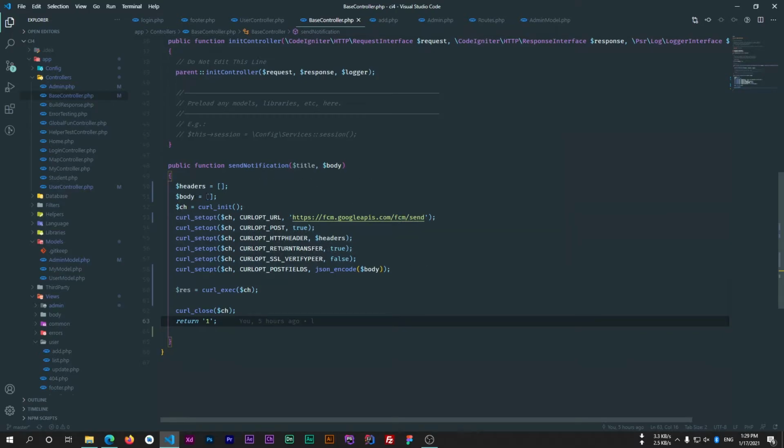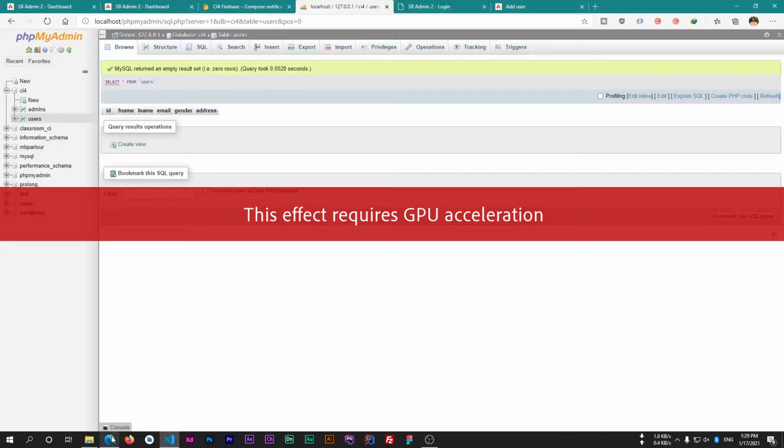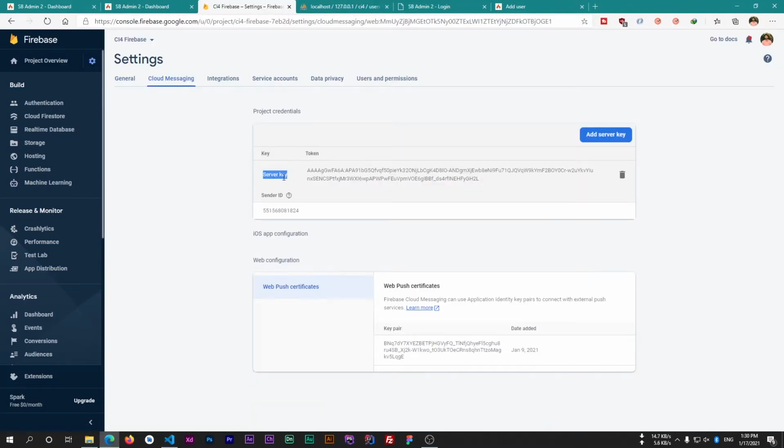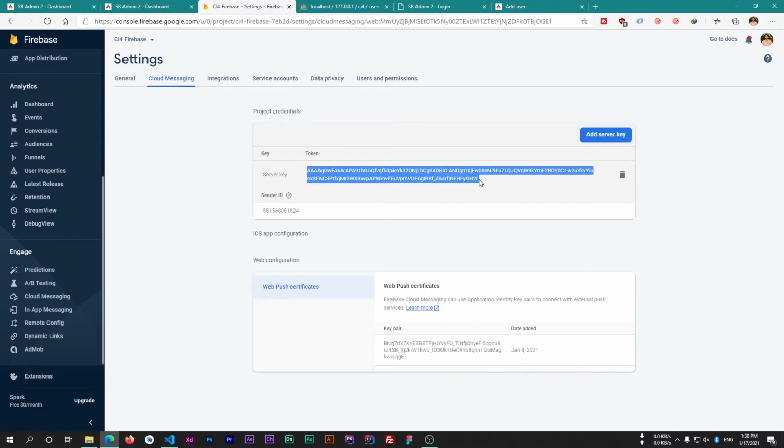So now let's see what is going inside this header and this body. According to Firebase messaging system REST APIs, it requires authorization. Previously we were using this server key to send notification because we were using the console. That's why we don't have to set this server key, because now we are using the REST API, so we have to use this server key so that Firebase can identify who is sending this notification.